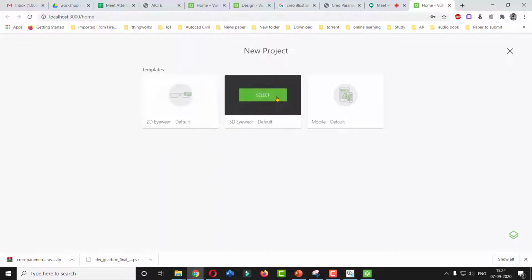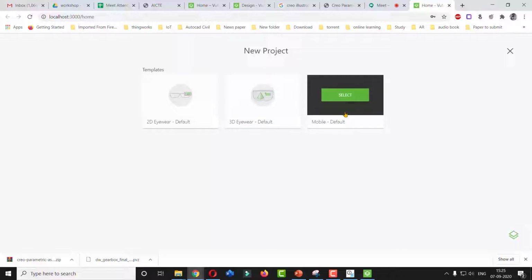Second one is 3D eyewear. So basically 3D eyewear is supported by the Microsoft HoloLens. It is an augmented reality goggle developed by Microsoft, which costs around 2 to 3 lakhs in India. By using that goggle you can see all the animations which we have created right now, but it requires a purchase. But next is a mobile phone, which we already have, so we can directly see it.